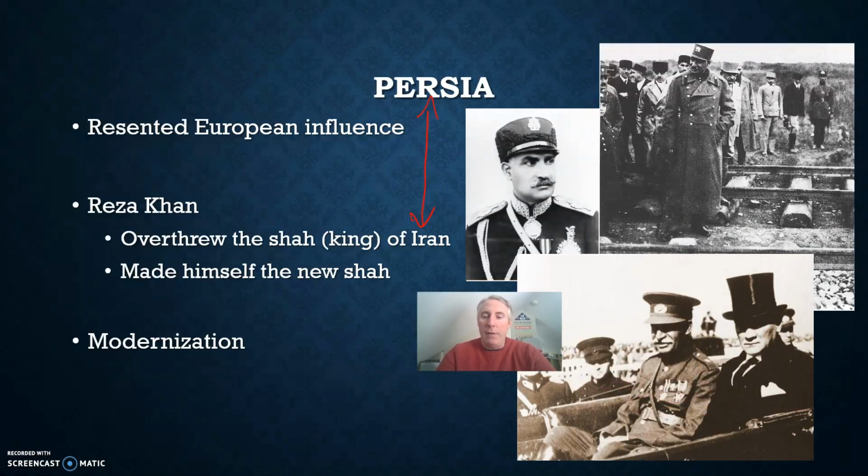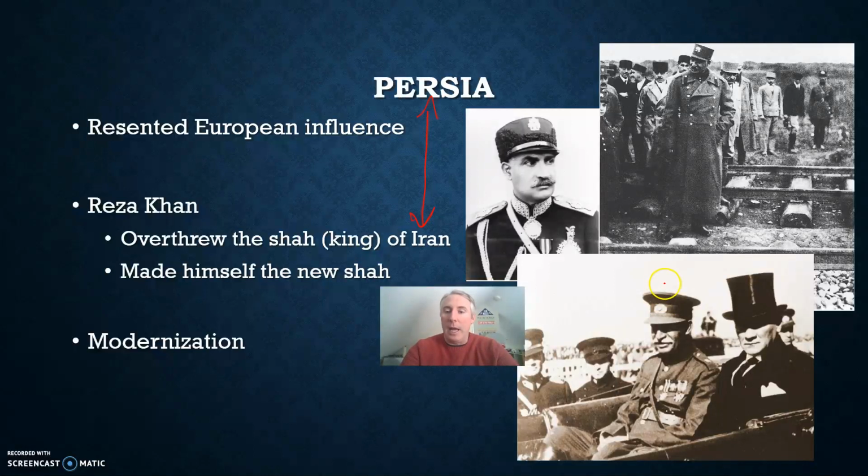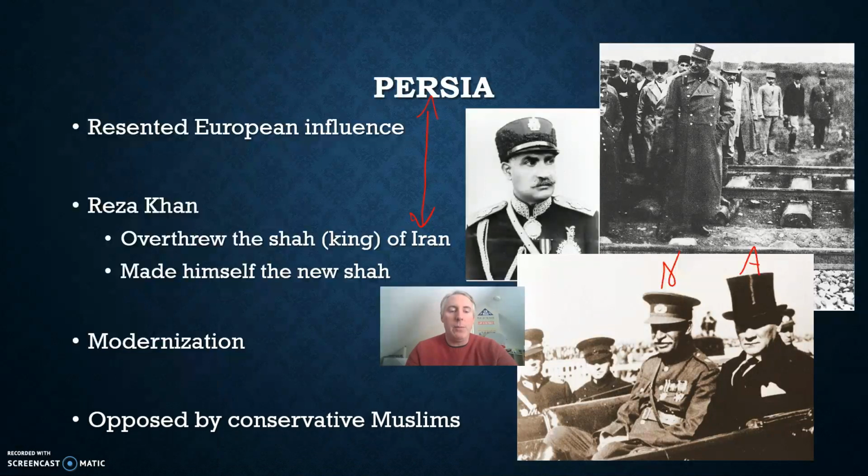There you see a picture of him and Ataturk. Okay, that's Khan here on the left, and that's Ataturk here on the right. So they were both very, very similar in their goals. So if there's one thing you've got to remember about these two guys, it's modernization and westernization. Now, the last part, especially the westernization, really put him at odds with conservative Muslims. And that was a conflict that would lead to drastic changes in the country several decades later, but we'll talk about that in a later chapter.